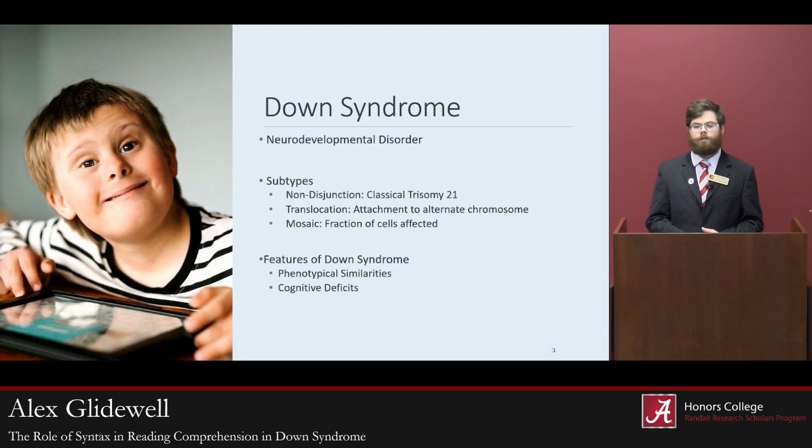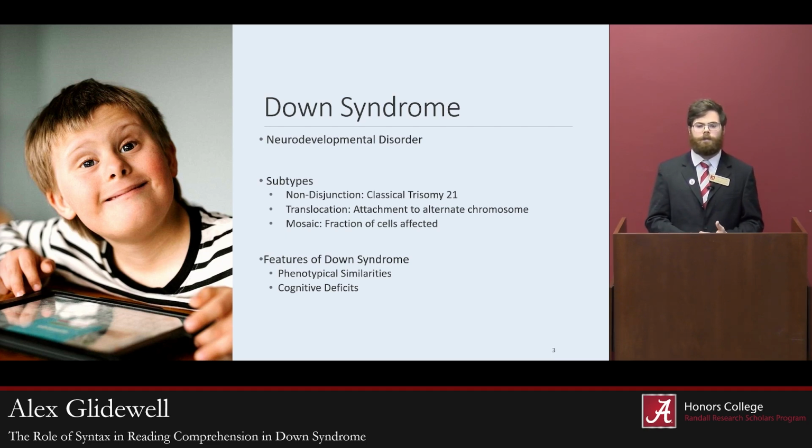So first and foremost, it's important to understand what Down syndrome is. It's a neurodevelopmental disorder that is caused by a mutation in chromosome 21. Now, this is most often called trisomy 21, in which an extra chromosome at 21 is present during development in the zygote. This developmental disorder affects around 200,000 individuals in the US, and because of the mutation, it varies